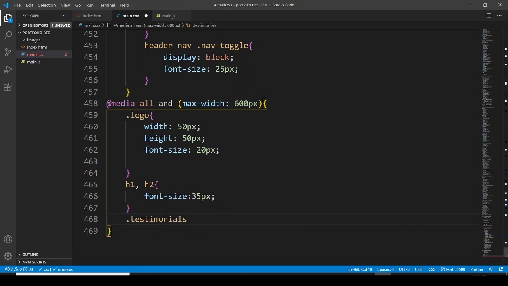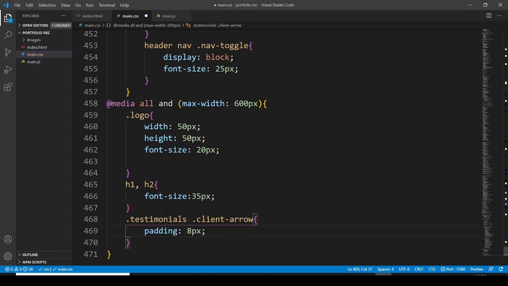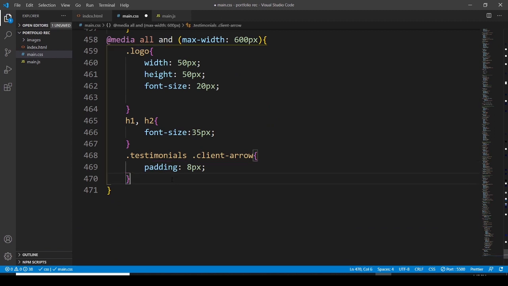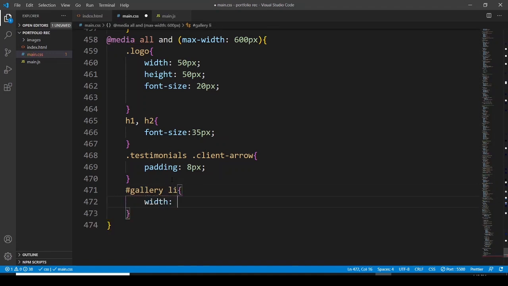class, and it has a client arrow where the padding is going to be 8 pixels. And okay, so padding is going to be 8 pixels, and let's use the gallery section now. So the gallery section, the list item from the gallery section is going to have a width of 33.33%, and let's use the,